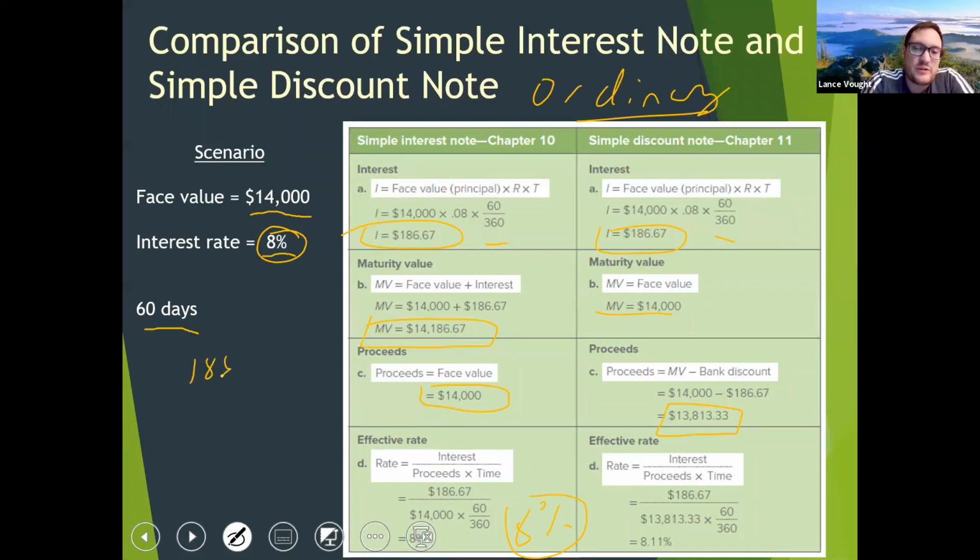So if you're giving away 186.67 of the principal value that you said you were going to borrow and signed to borrow, what's left over is 13,813.33. And if we multiply that times 1/6, we end up getting